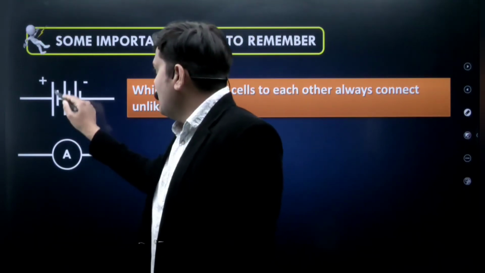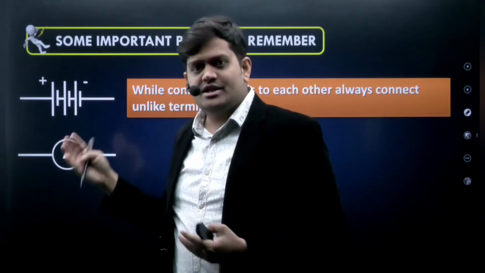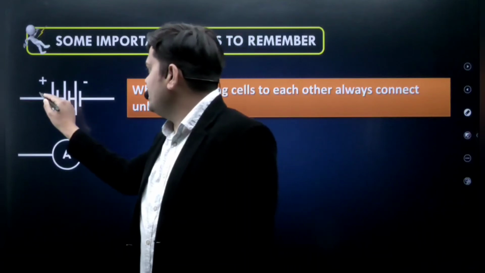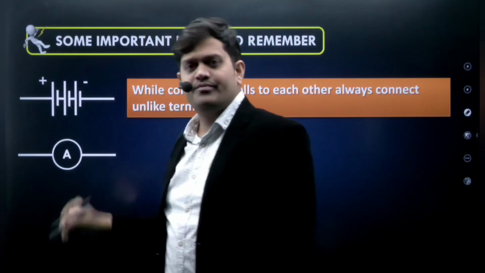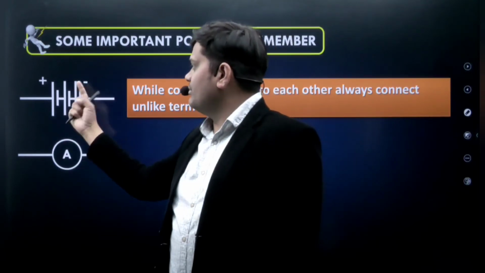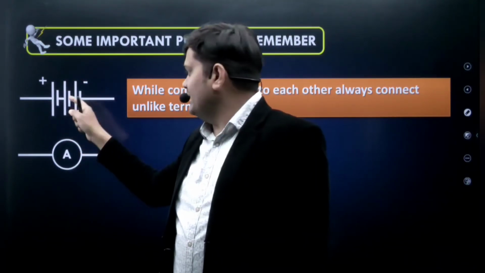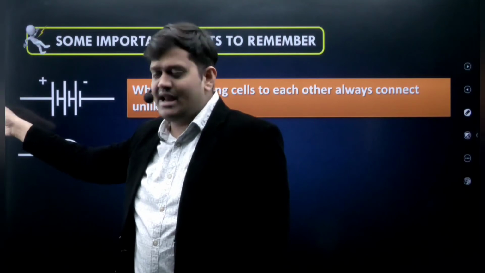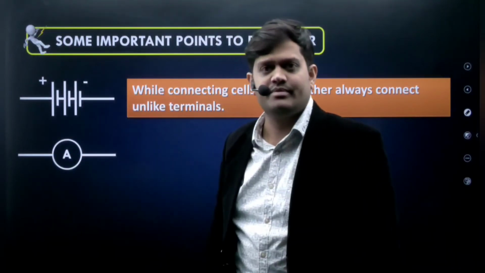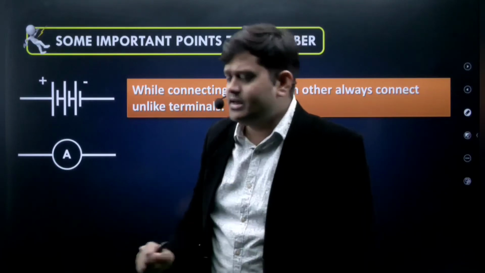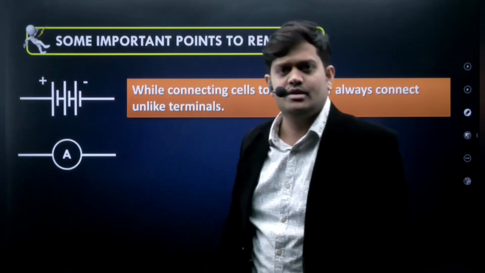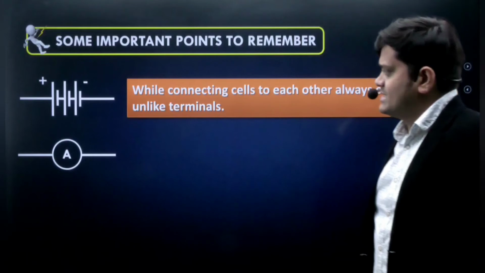Because if they are attached in this way, then the current flows from here to here. Current flows from high to low. If it is attached in the opposite order, then one current flows in this direction and the other in that direction, right? So always connect in the circuit in the same order. Okay, my dear, right? The second one is what?